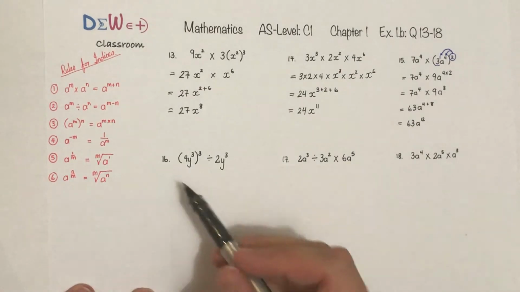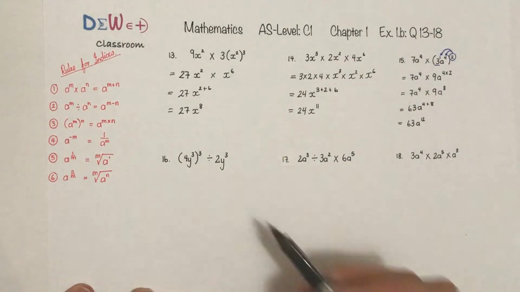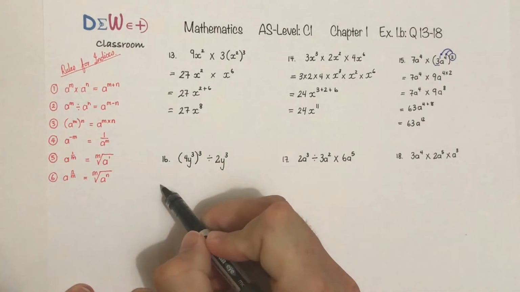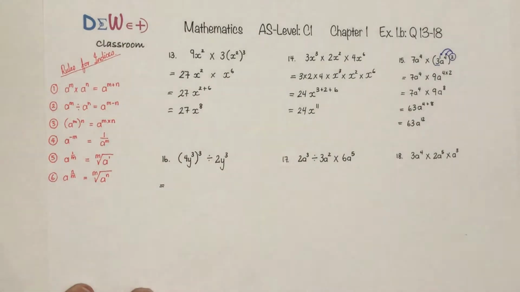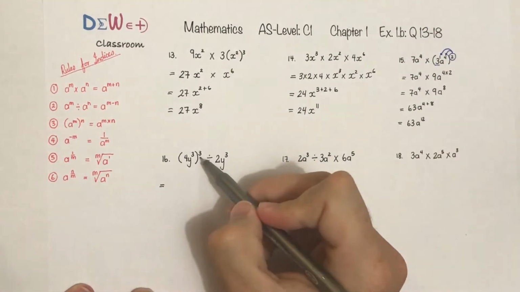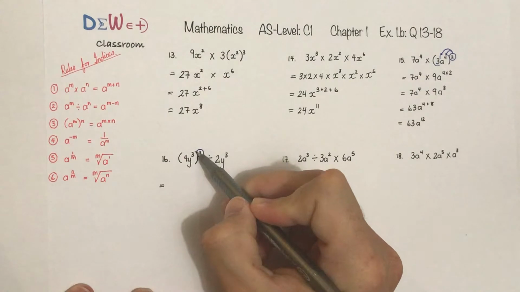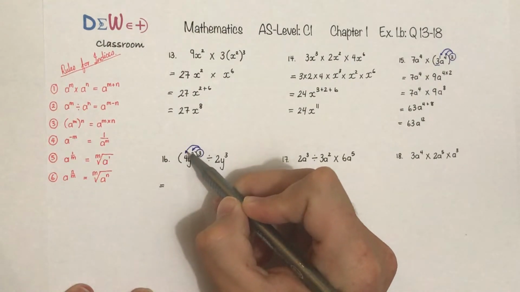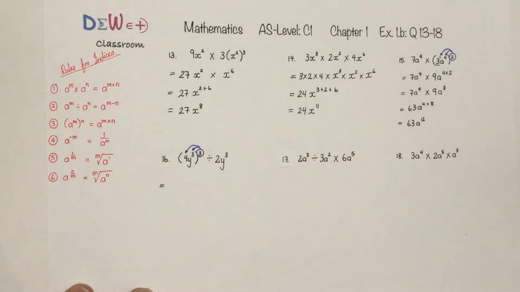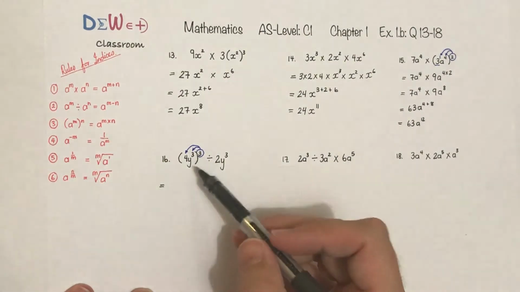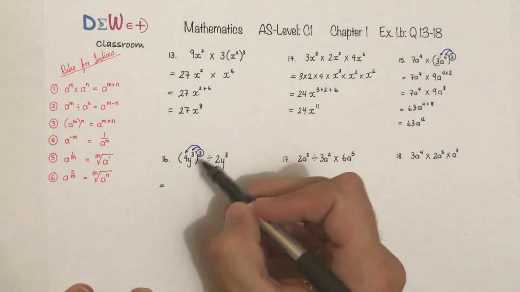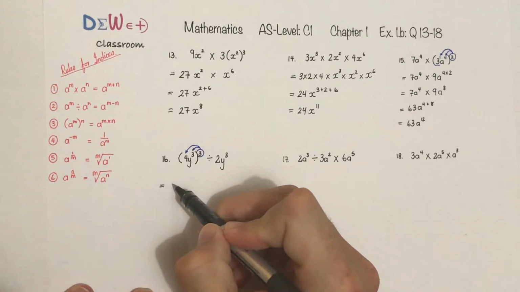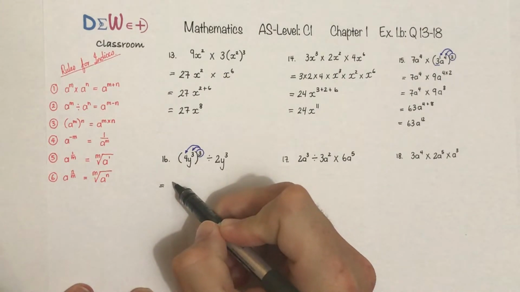We move over to question number 16. The same thing. Please, again, as I mentioned in question 15, remember the indices outside of the bracket applies to both the whole number or your coefficient inside the bracket and the base with the indices. So here we have 4 to the power 3, which is 64,